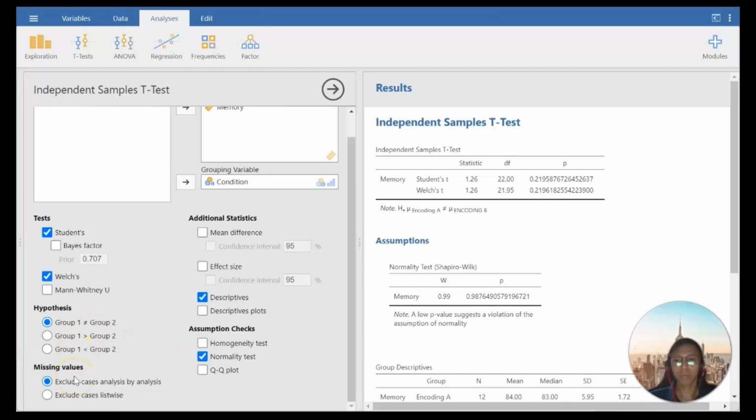So using Jamovi, performing an independent sample t-test is simple and intuitive. The software generates easy to read outputs that help you quickly assess the difference between two independent groups. So the key to the independent t-test is ensuring that the groups are unrelated and that the assumptions of normality and equal variances are reasonably met.